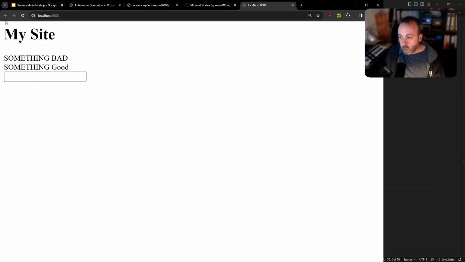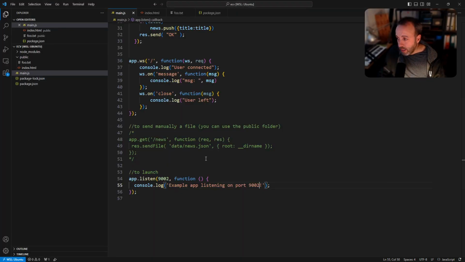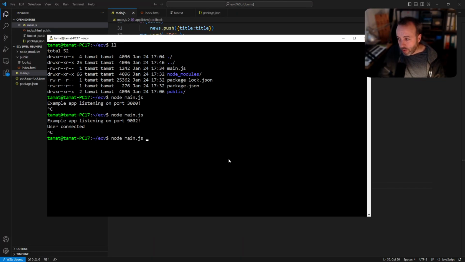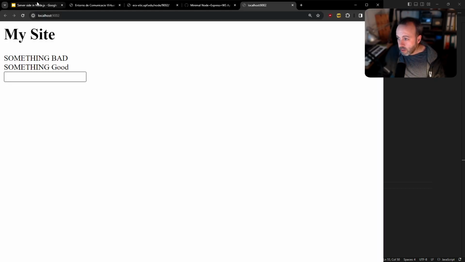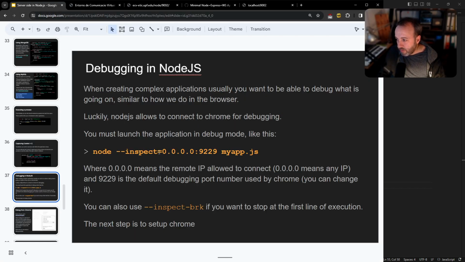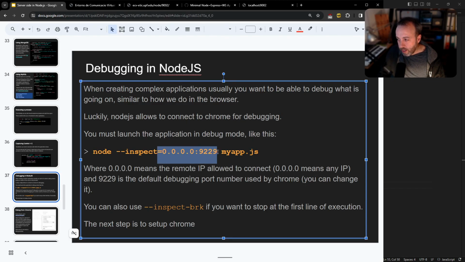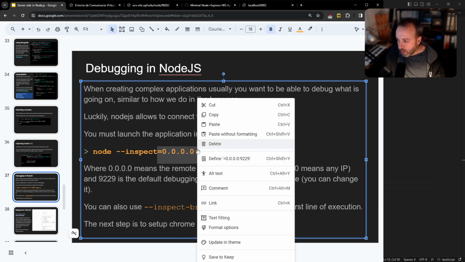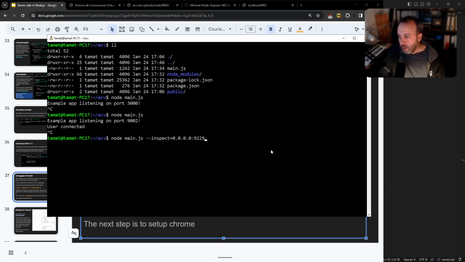And what I wanted to show you is how I can debug this application while running. If you want to debug, you have to launch the application saying that you want to debug. To do that, you have to say you want to be able to inspect this application. You have the command here, by the way, so it's easy to remember. Then you have to specify in which port you want to be. In this case, it is 9229, and from IP 0.0.0.0, which means any IP. So I'm going to copy this part here, put it here, and if I execute again, it didn't work. Sorry, I think I have to put it before the name of the file,